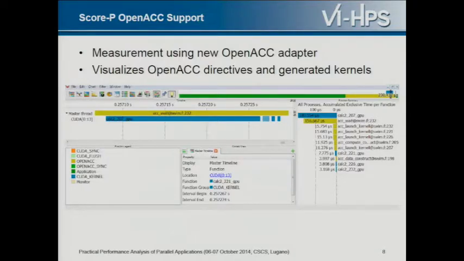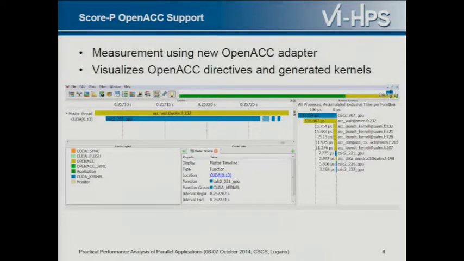On the other hand, if you would use another backend instead of NVIDIA for OpenACC, you wouldn't be able to get this through the CUPTI or CUDA adapter anyway. So we'll see how it turns out. If any of you, the OpenACC developers here, have a good idea how to do it, we are free to take suggestions.